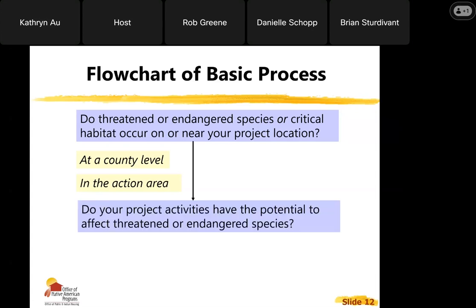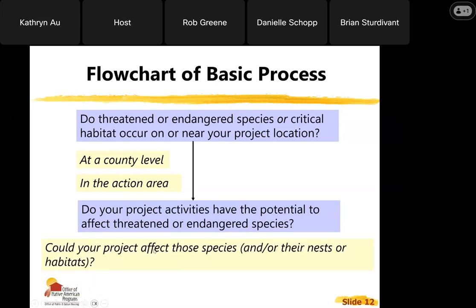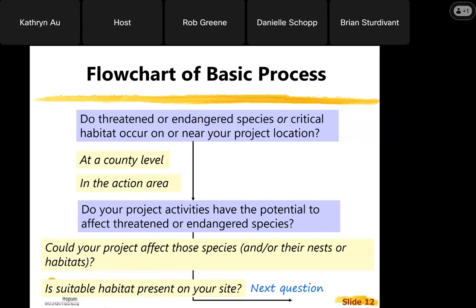And then if so, does your project have any activities that have the potential to affect threatened or endangered species? And by that, we mean, could your project affect those species or their nests or habitats? So even if the species isn't physically there right now, is there habitat that they rely on that your project could affect? And also think about, is suitable habitat present on your site? So even if you don't have that species there right now, could they use that habitat on your site? And if your project is going to destroy that habitat, then you'd have to consult. And so if you do have the potential to affect species in any of these ways, then you move on to the next question,